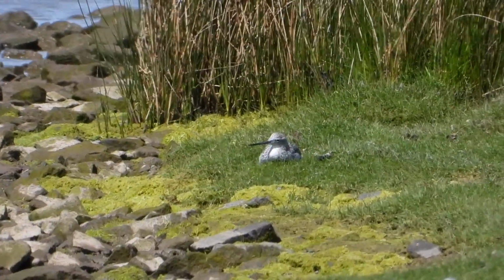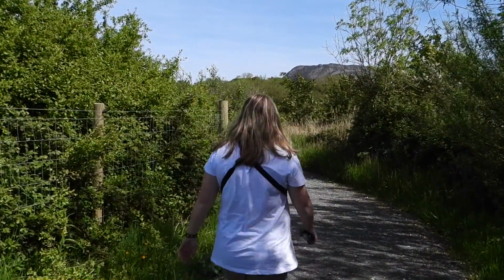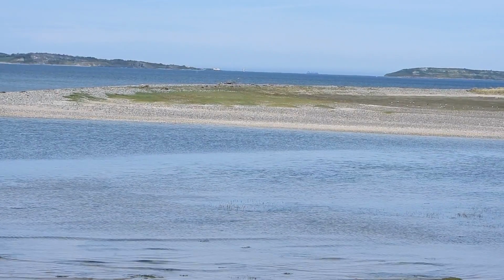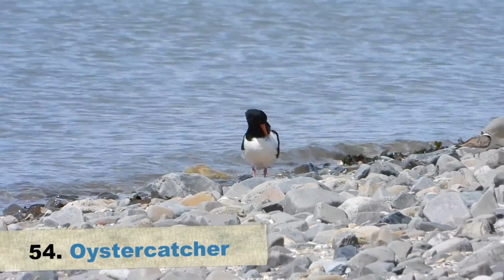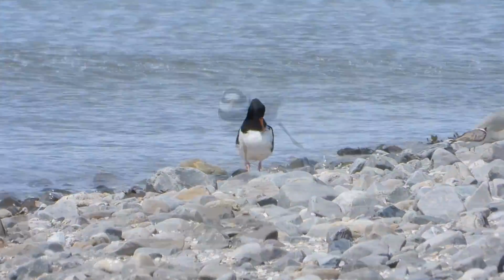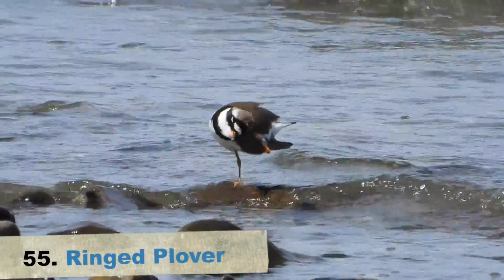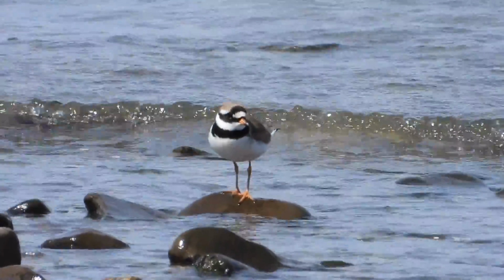We left this hide and headed back towards the shore. We were birding quite quickly as we'd lost about 20 minutes of time. We popped into the hide which looked over part of the shore. There were a few wading birds here to add to our day list, including this oystercatcher which was on a pebble bank. And almost directly in front of us there was a ringed plover, quite camouflaged, feeding in the